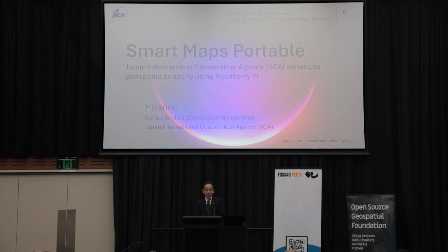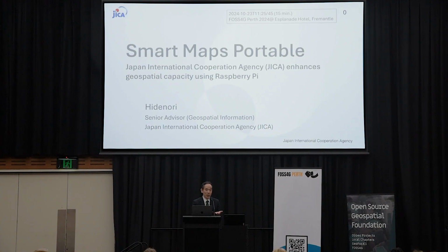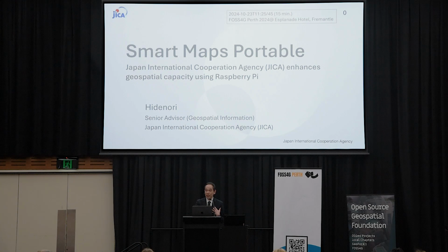We are working for international development projects like technology cooperation projects. We are working on the publishment of geospatial information. And I have been working on the web map system, and in collaboration with our friends in the OpenStreetMap project, I have been using free and open source software for geospatial to run the national mapping service for our country. And we would like to make use of our technology to collaborate with mapping agencies of other